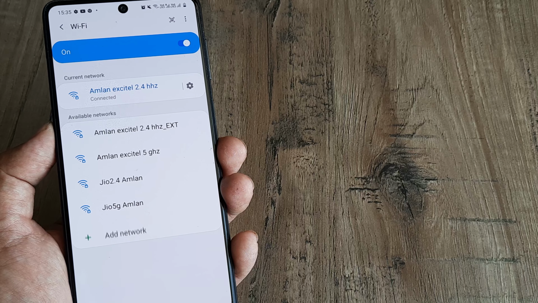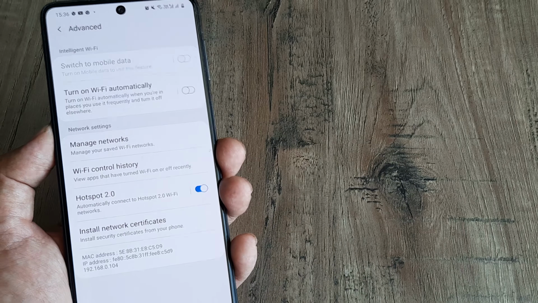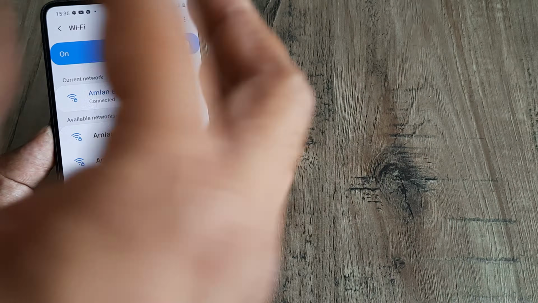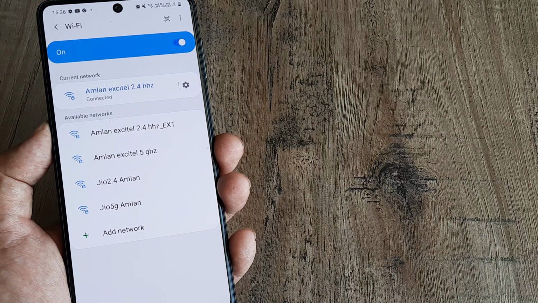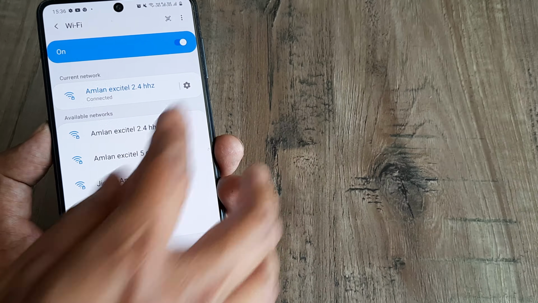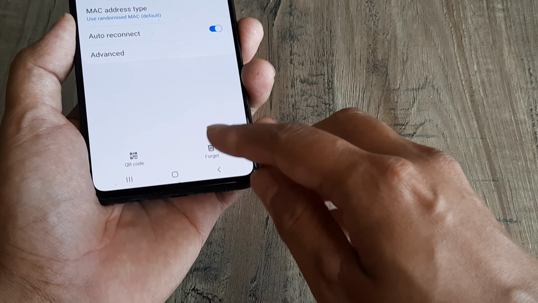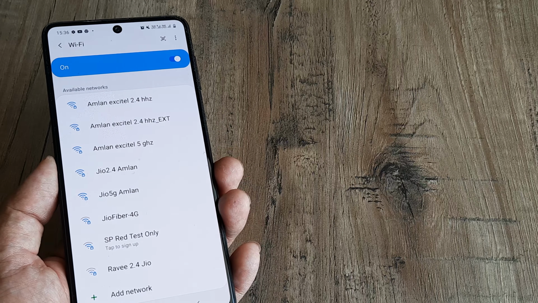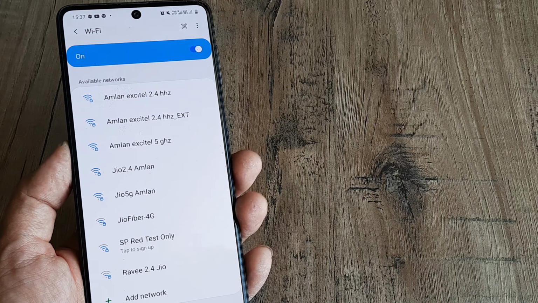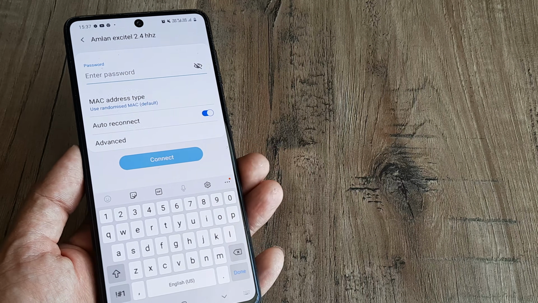Therefore, today, of all the solutions that we suggested, first was resetting of your network settings, then going to advanced settings and turning off the option of switching to mobile data, then actually turning off the mobile data, and resetting the router. And one last thing that I still want to tell is, you can click on this little grid here and then click on forget. What it will do is forget the network. You can then turn off your mobile, turn it back on, and then try connecting to this network again. You have to put in the credentials, and once you have put them in, you will stay connected.